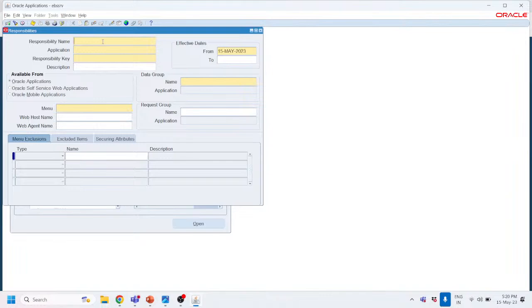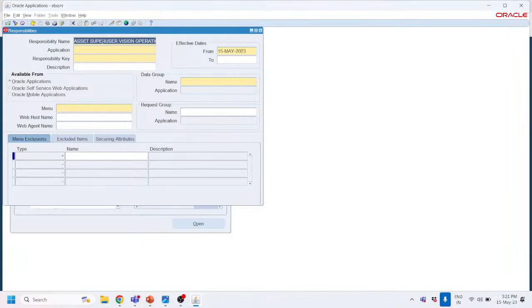So my naming convention will be, say, asset super user vision operation USA,